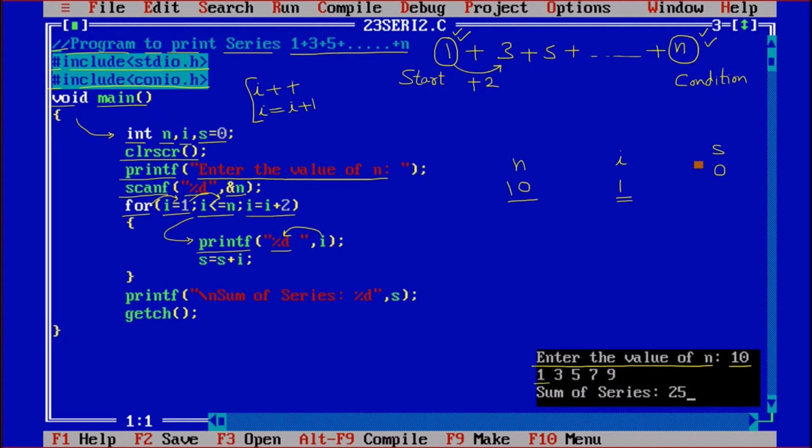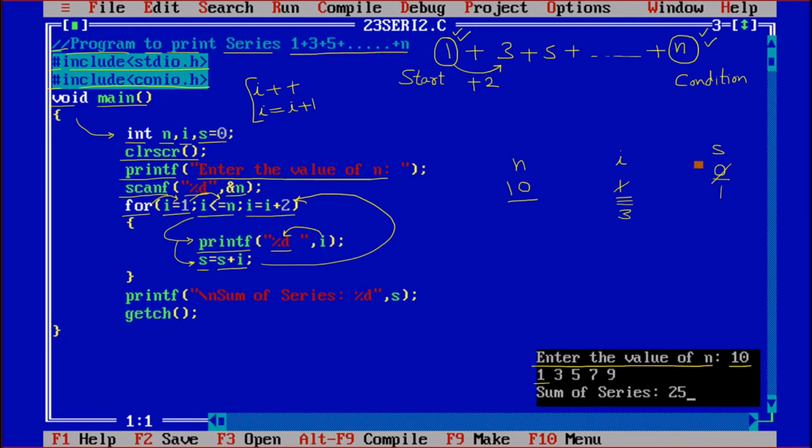Also we know that we have to print the sum at the last of the looping statement. So in the next line we are saying s = s + i. So s + i means 0 plus 1, that is 1. So the new value of s is 1. It will go back, i = i + 2. So 1 plus 2 is 3.